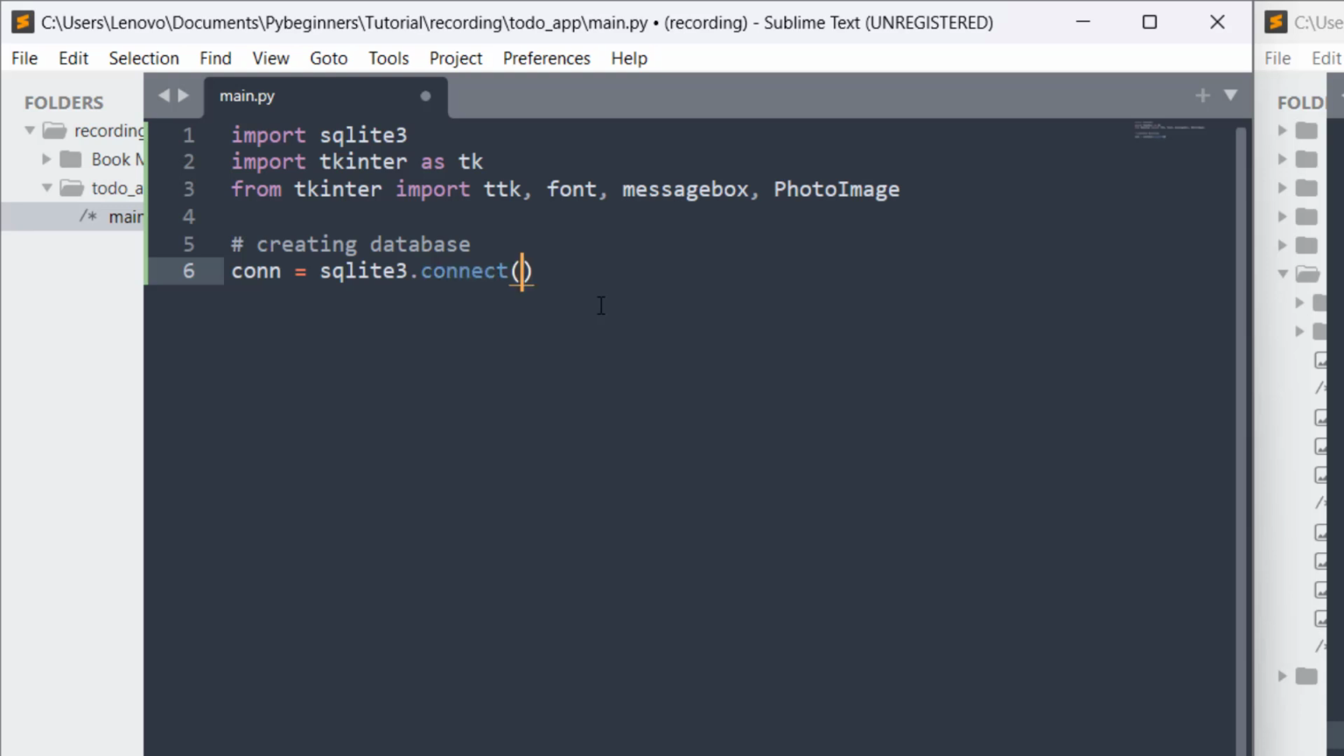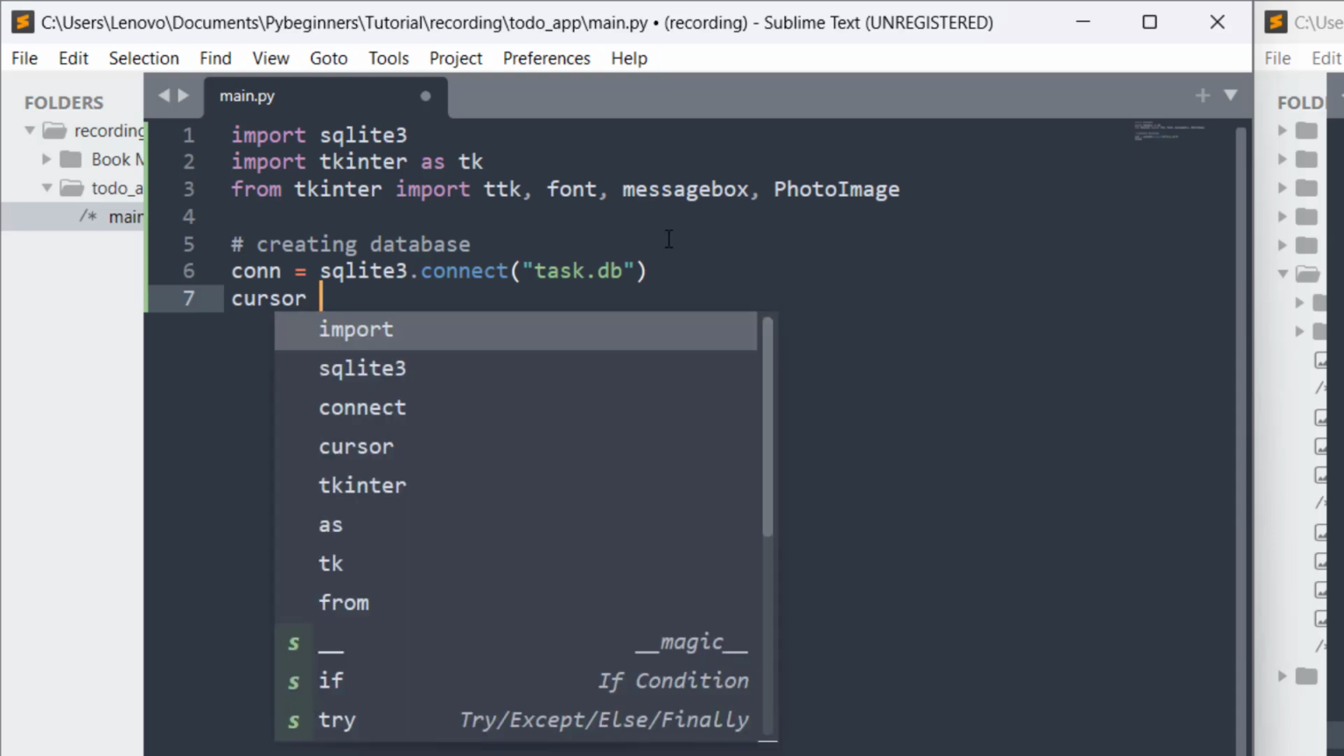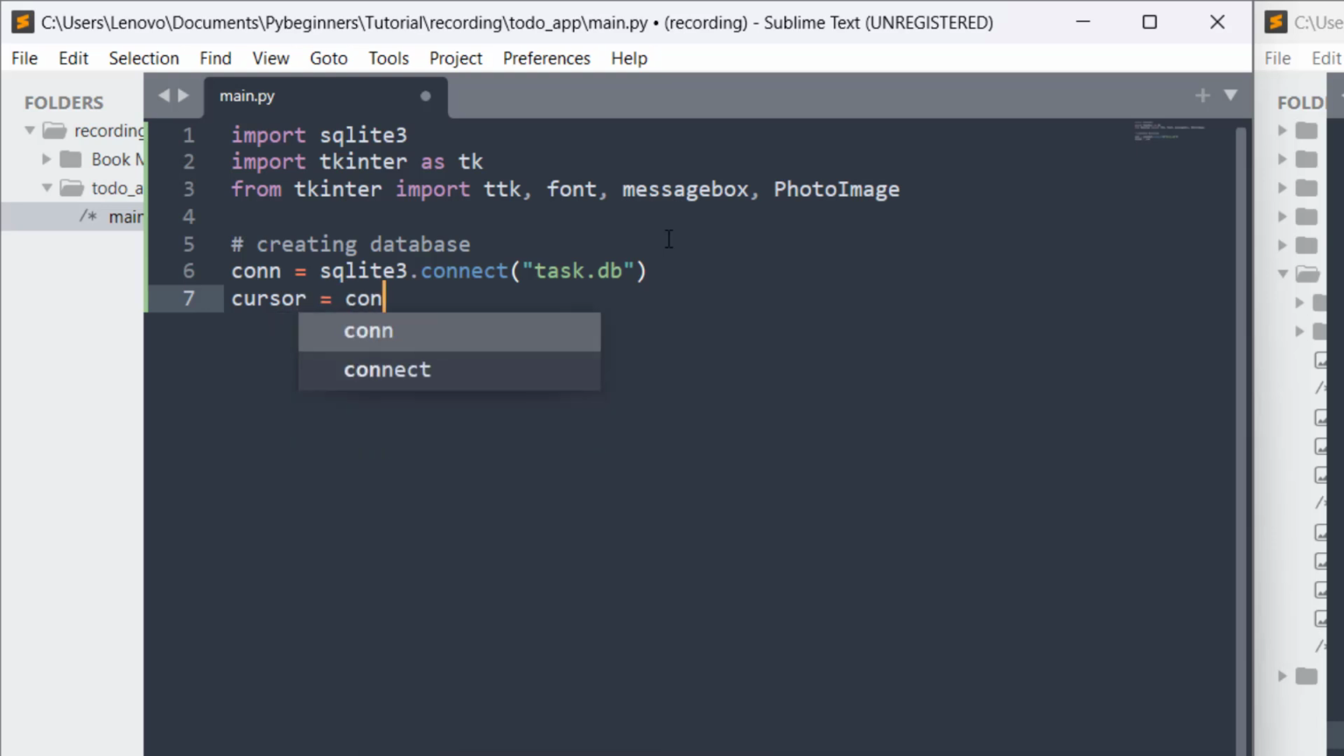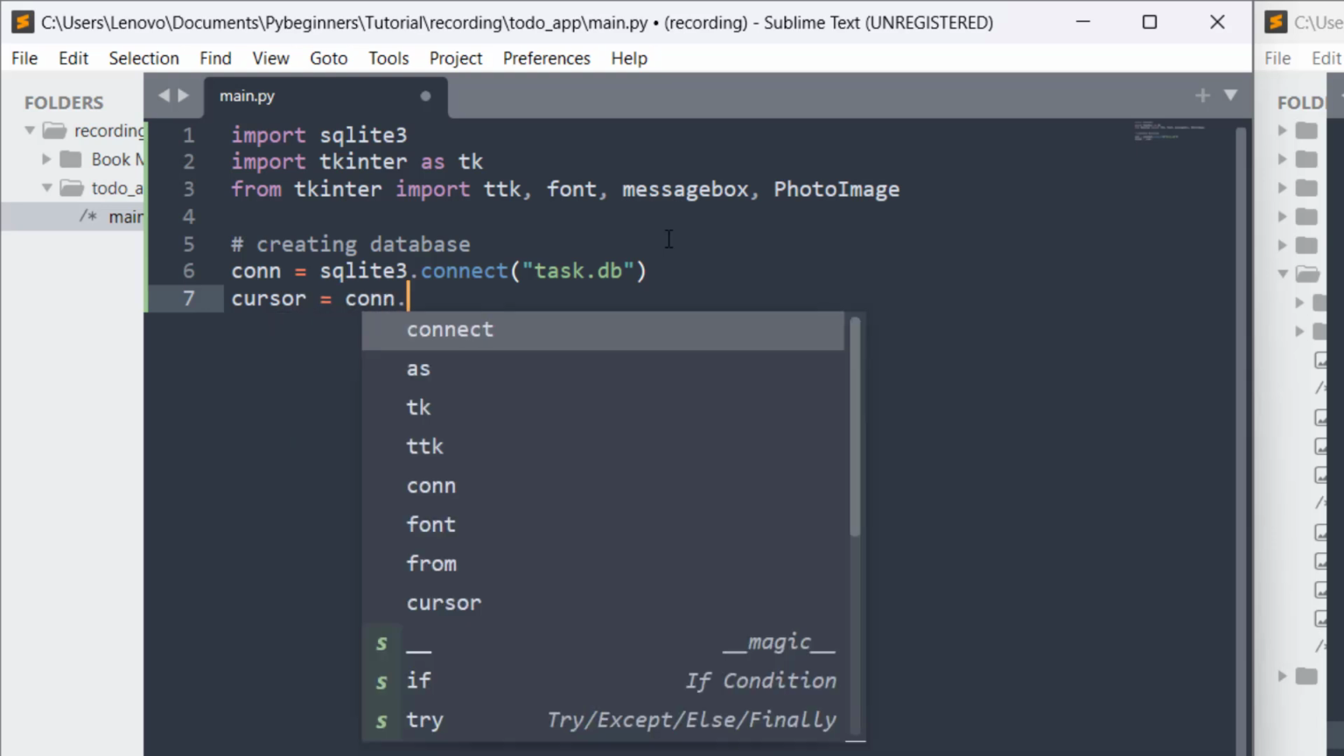From here we are going to create a new database. If this database exists, it will connect. If it doesn't exist, it will create a new database, then connect automatically. The name of this database, we are going to call it task.db. db is the extension, don't forget to put this db. Perfect. After that, let's say cursor equals con dot cursor,